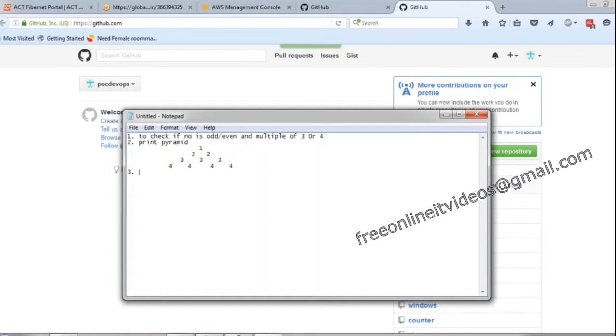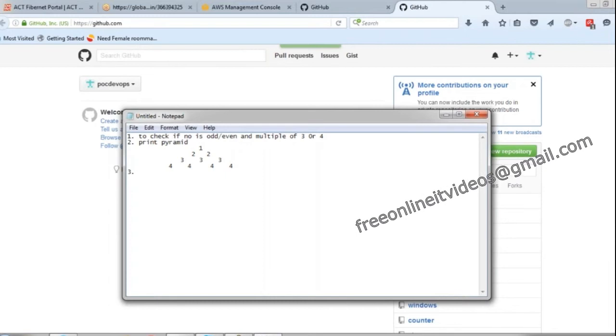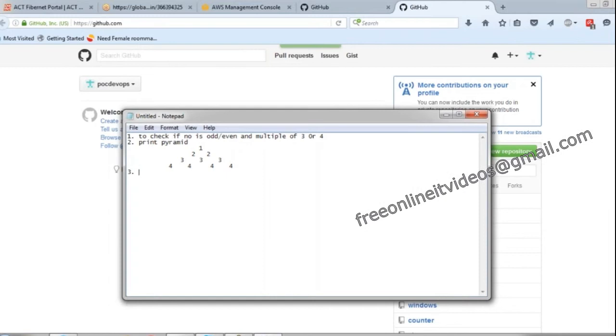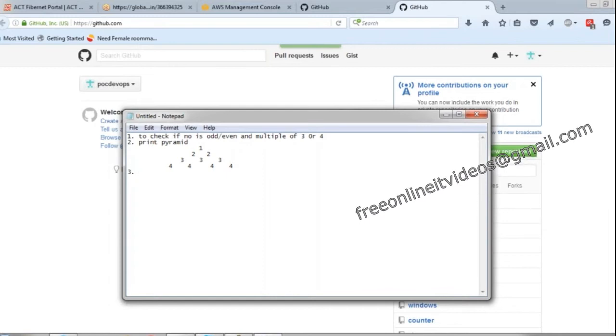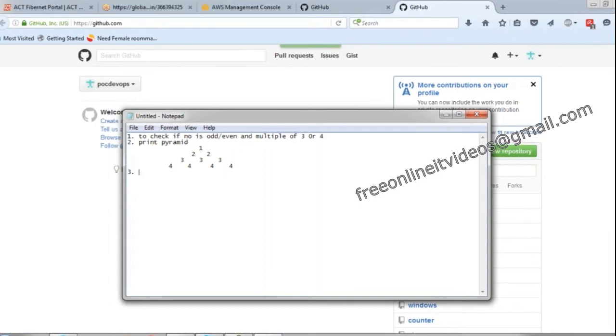So it is more or less for automation purpose. You're not going to fetch data or do a lot of stuff there. But it's always better to have some programming knowledge, because if there is an issue with code, you should be able to look into it rather than raising a help request and standing there as if we are non-technical people. We should have some exposure to coding as well. That's why I'm teaching you.